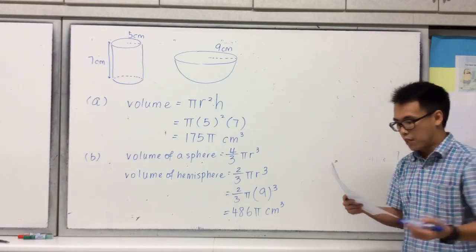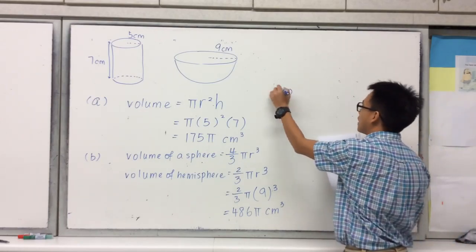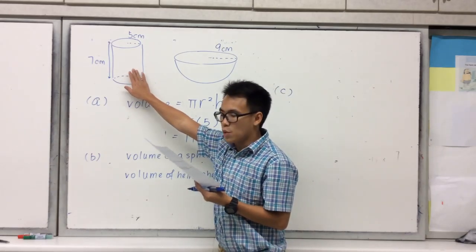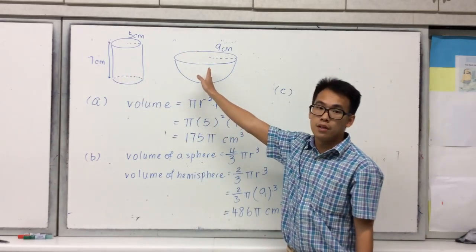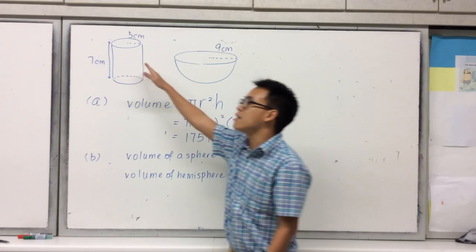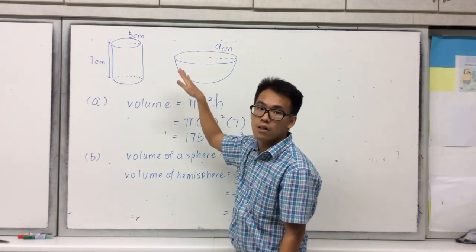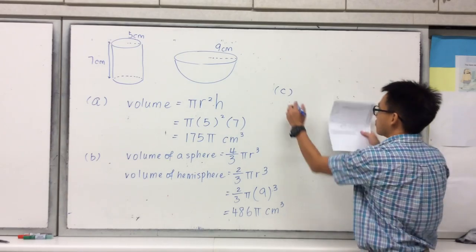Let's do the last part. Read the question carefully. They say that they fill the tin with water, and this water is poured into the bowl. And they're asking you, how many tins of water do you need such that this bowl will eventually be filled up? So if you think about it,